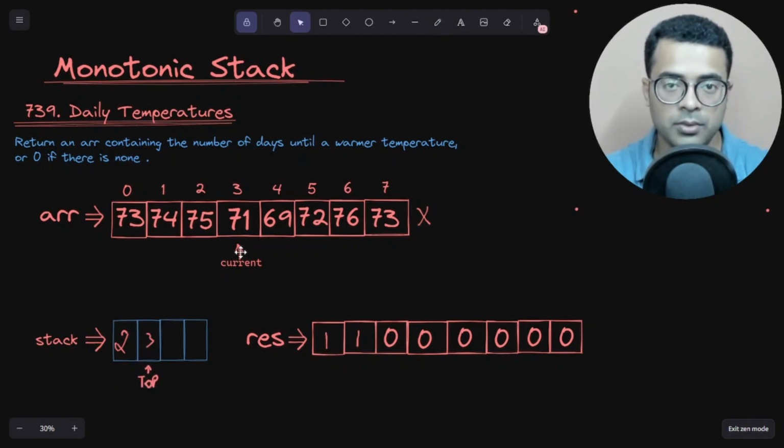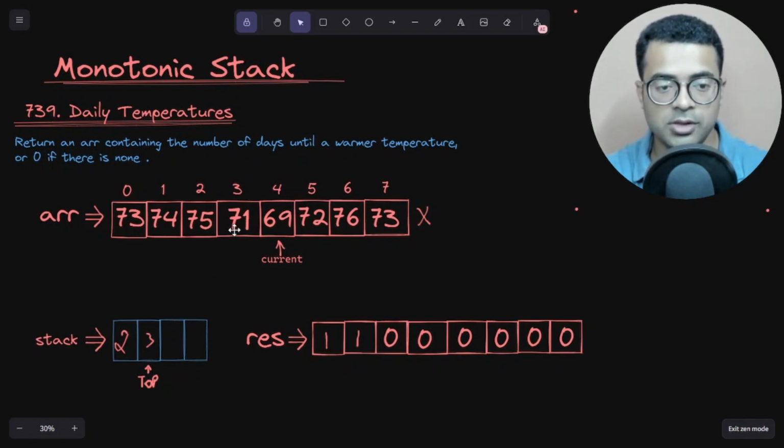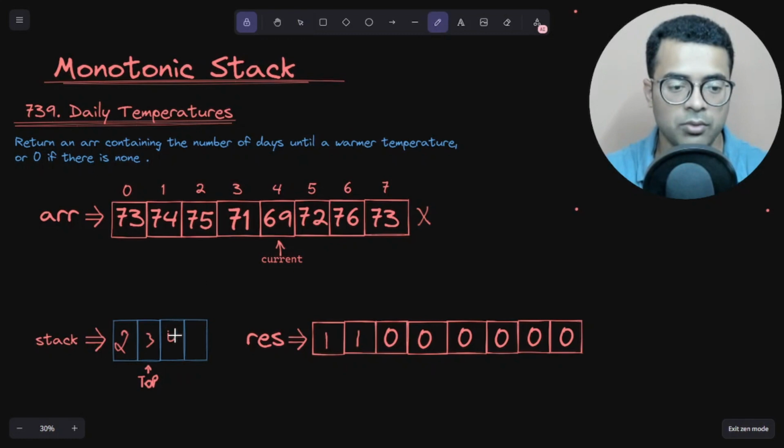Okay, now we are going to move our current pointer forward. Now the current pointer is pointing towards 69, so we are again going to check the value at the top of the stack, this index is 3, so this value 71 is smaller or greater. So this 71 should be smaller than 69. Okay, but it is not. 71 is greater than 69. So again we are just going to come here and write down 4, updating our stack with the current pointer's index, and move top to here. So we have also updated our top, and then we are going to simply move our